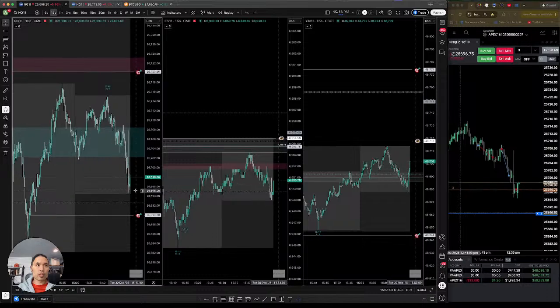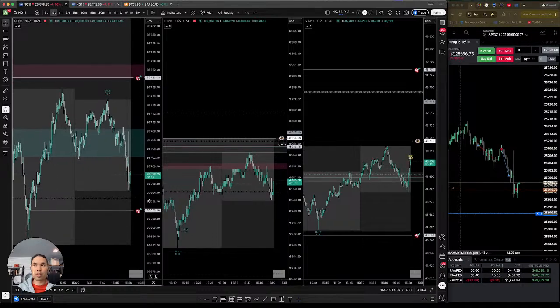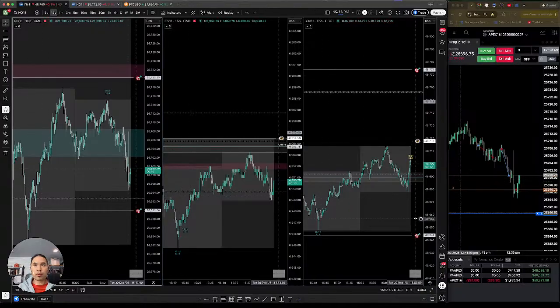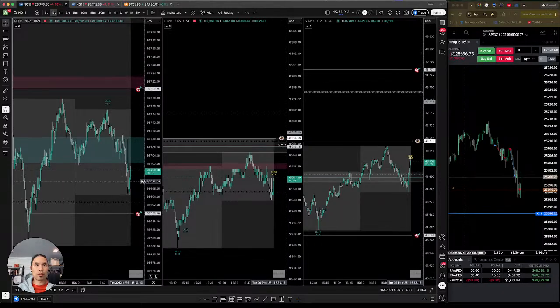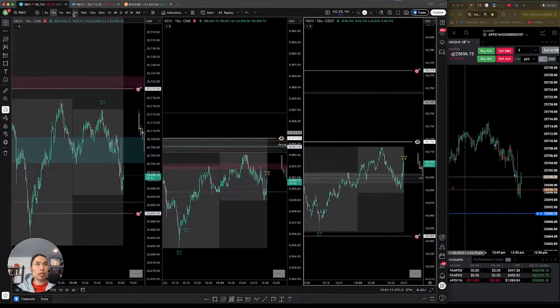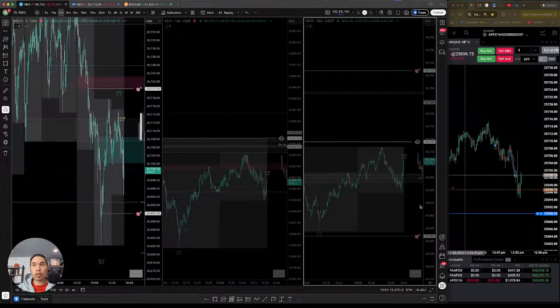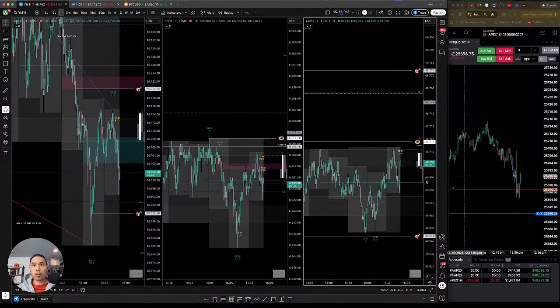Let's see if we hit it. Let's see if we inverse this or not. Whoop, whoop, whoop. Might be in the wrong. Shoot. I need to see ES and YM reject this here. Oh, don't like that. Hold on.